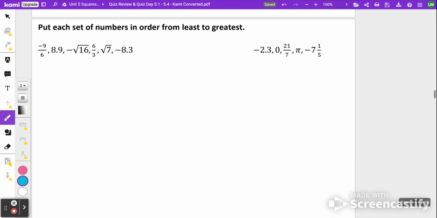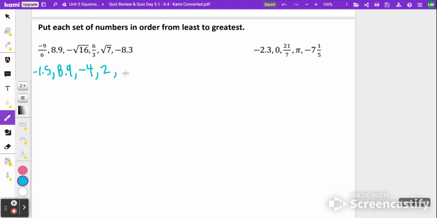All right, put each set of numbers in order from least to greatest. Remember, the best way to do this is put these all in decimal form. So we're going to say 9 over 6, if you divide that, it's negative 1.5. 8.9 is already there. Negative square root of 16 is negative 4. 6/3 is 2. We're going to say the square root of 7